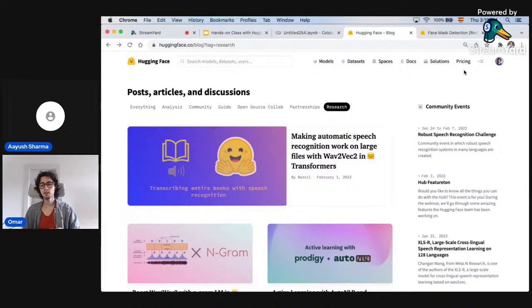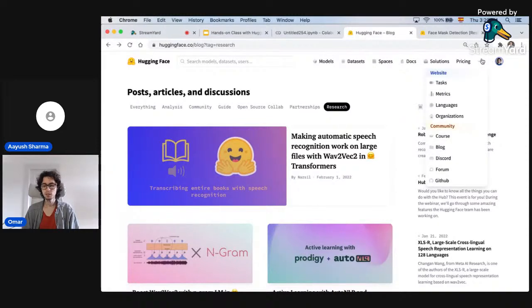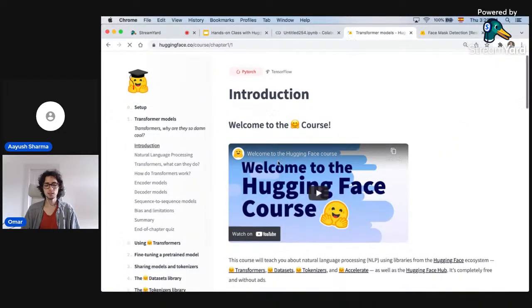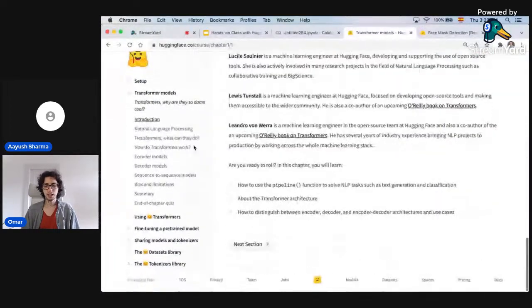Previously, the concept of transfer learning was extremely powerful in vision, but there was no transfer learning in NLP. Transformers were able to achieve this, and that's why they have been quite successful, although they were published 5 years ago. If you're interested more in this topic, you can click here this burger icon at the top right, and we have a free open course. And this course actually teaches you everything about this.